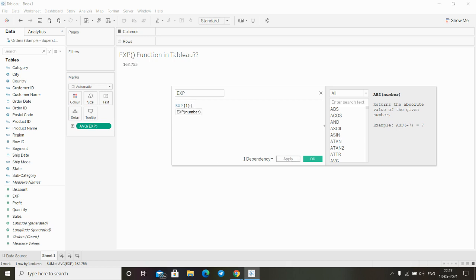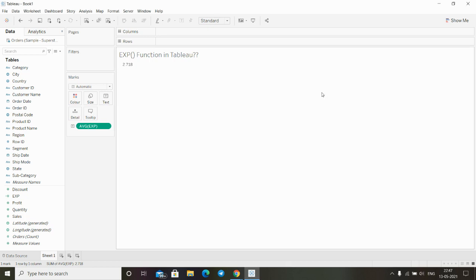And if you set 1, click on apply, the value of e raised to power 1 is equal to 2.718. So this is how we can use this function. It helps us to find e raised to power any given number which we are using inside the function as an input. So this is how we can use the exp function in